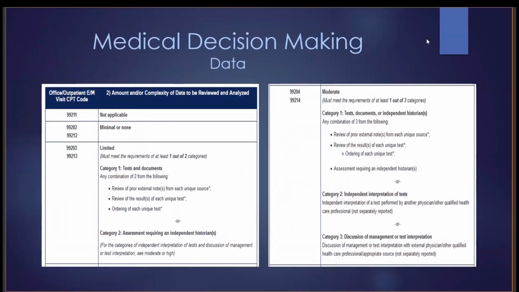For a level 3, you only have to meet one or the other. So you might have the independent historian, or you need to meet one out of two, or any two of the following: external notes from a unique source. So that would be, if it's a different specialty, even if it's within Carilion, that would still be an external